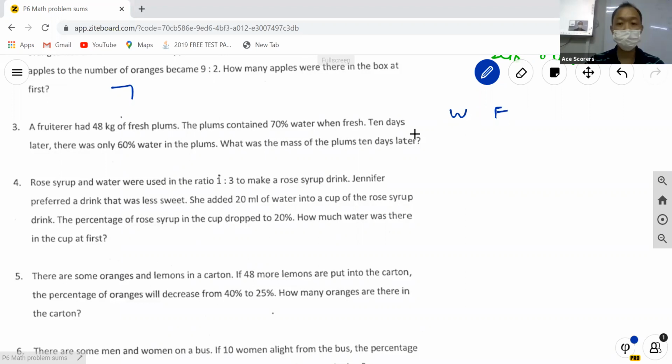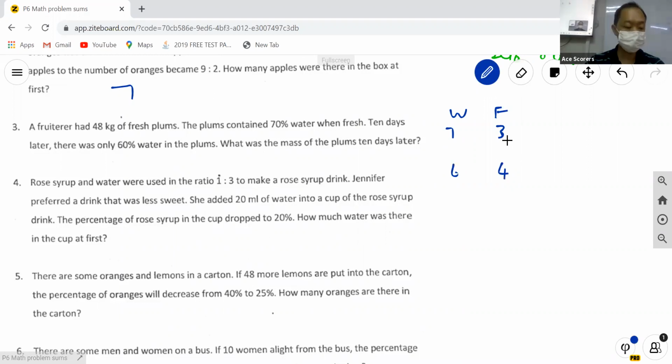At first, when it's fresh, there's 70%. Then here must be 30%. You got it? 70, 30. Ten days later, there was only 60%. So if this is 60%, then this must be 40. All right? Now, the question you've got to ask yourself here is,